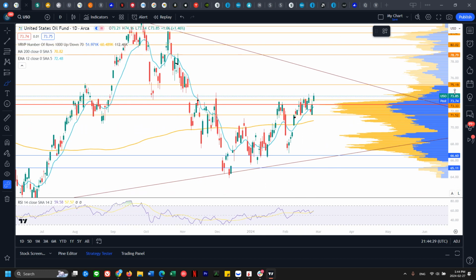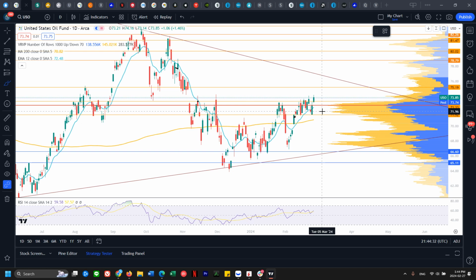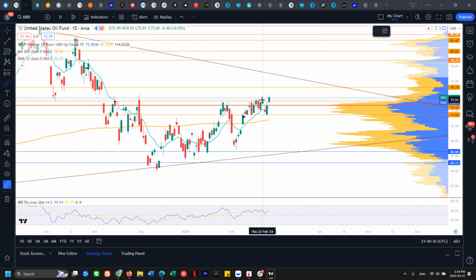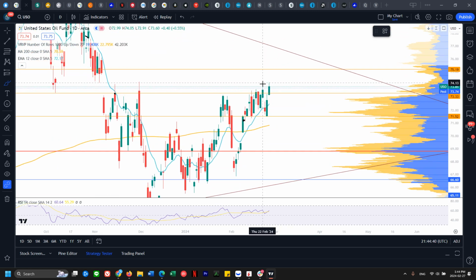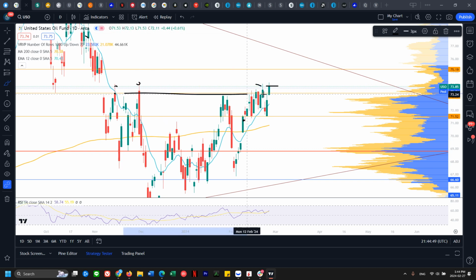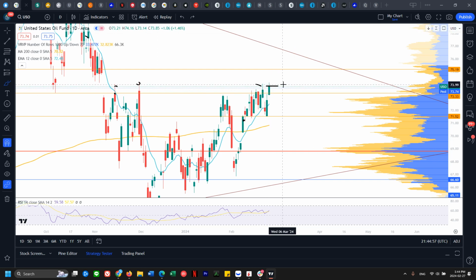All right, let's take a look at oil. So oil here, same thing, not doing much. We had that break above, although pretty much the highest has been closed. You can see we close here. Every time we pop up here, we end up closing below this area. So this time and this time are pretty much the two times that we closed above it. And so that's a good sign for oil bulls, but we're not really over resistance yet.